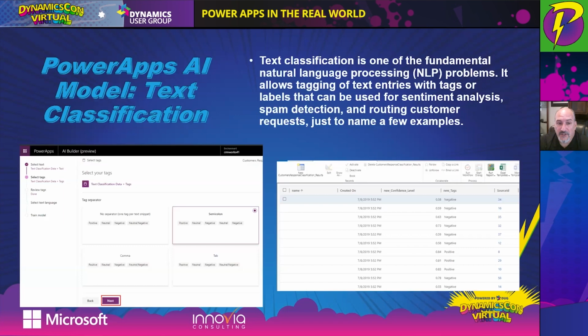Also, text classification, the ability to search through words, do summary of those words in documents, in imports, in tags, in sentiment analysis, or even emails. Being able to use that text classification to say, oh, they're talking about a support case, route that case automatically, is another way you can use some of these tools.